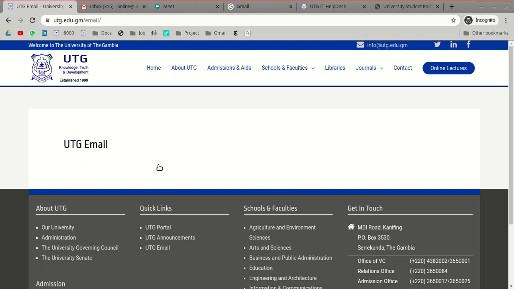On this page we will share the default password for all students' email. So try to log into the UTG email using your default password if you have never logged into your UTG email before. If you are unable to log in with the default password, go to the help desk web application and complain. Fill the form to submit your complaint to the IT